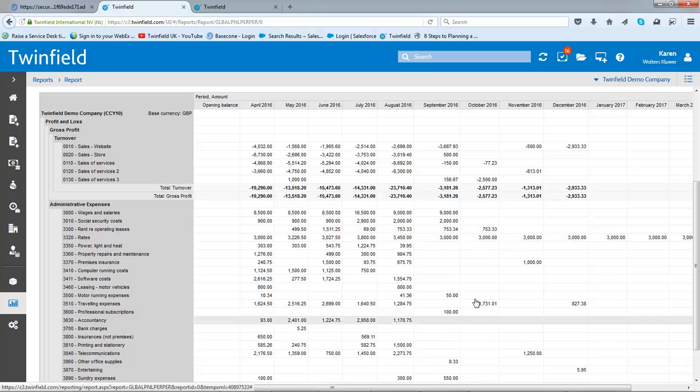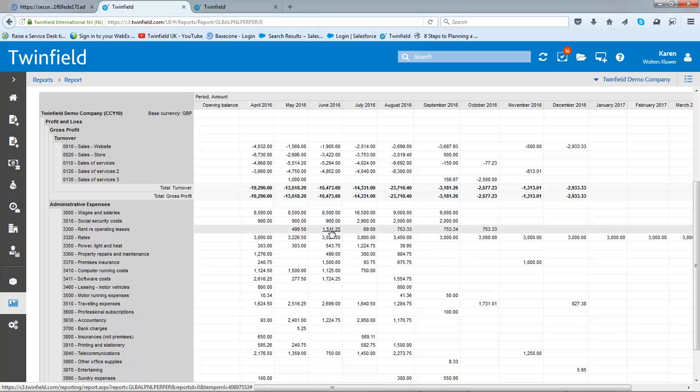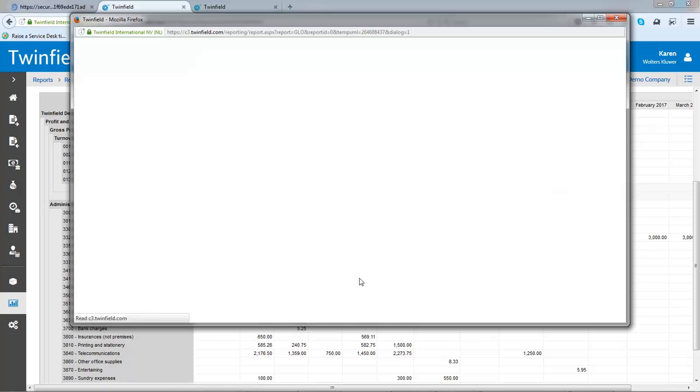So this is just a really nice way of being able to see what needs to be done in a particular month. And from this report, the same as the trial balance, you still have the option to drill down in the transactions. So I can click into any of these transactions. So let's just go back into my computer expenses. So if I just click on general ledger transactions,